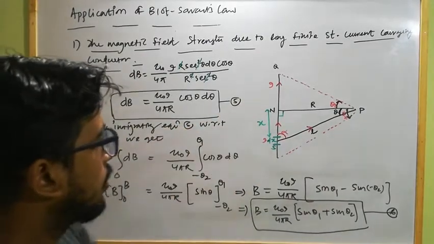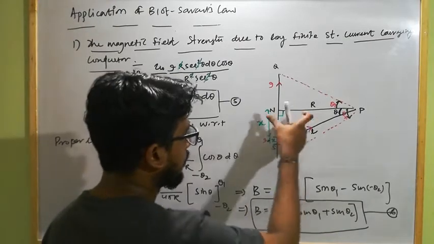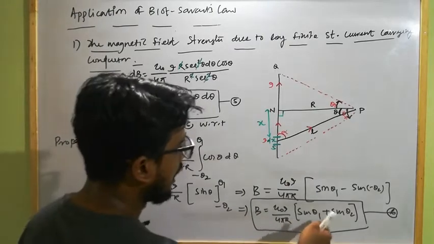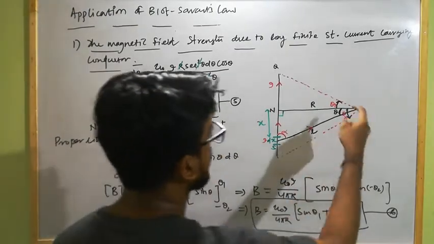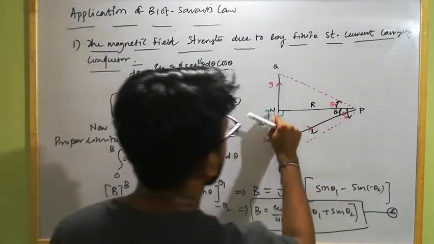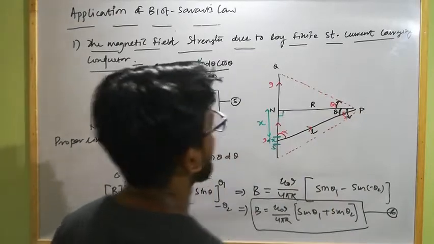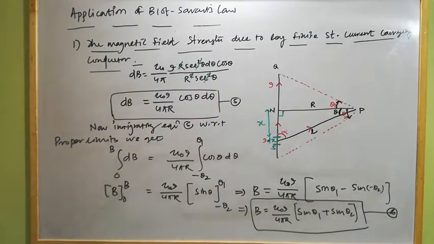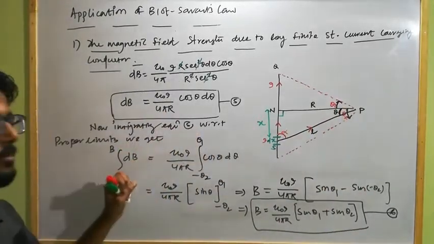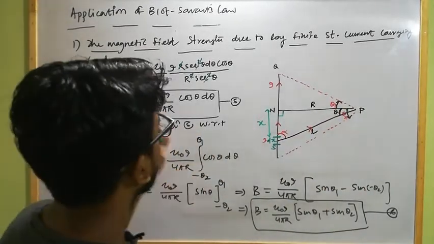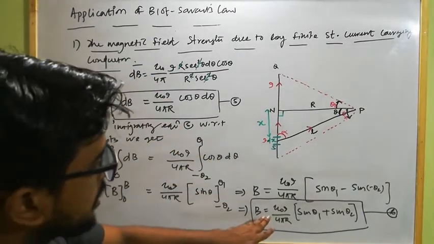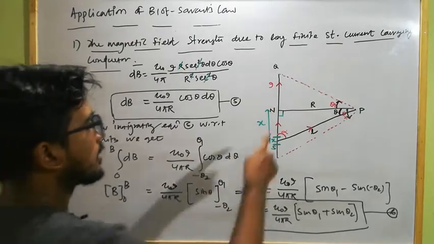This is the expression for the net magnetic field strength at point P due to a finite long straight current carrying conductor which carries current I. The perpendicular distance of the point of observation from the conductor is r, and theta 1 and theta 2 are respectively the angles made by the two ends of the conductor with the perpendicular distance of the point of observation from the conductor. You have to remember this formula. It will be very important for numericals and for your examination, as well as to derive this expression. Clear?